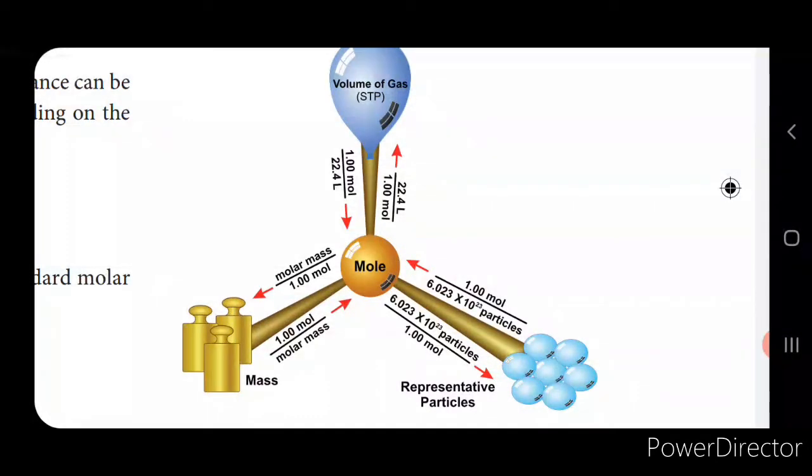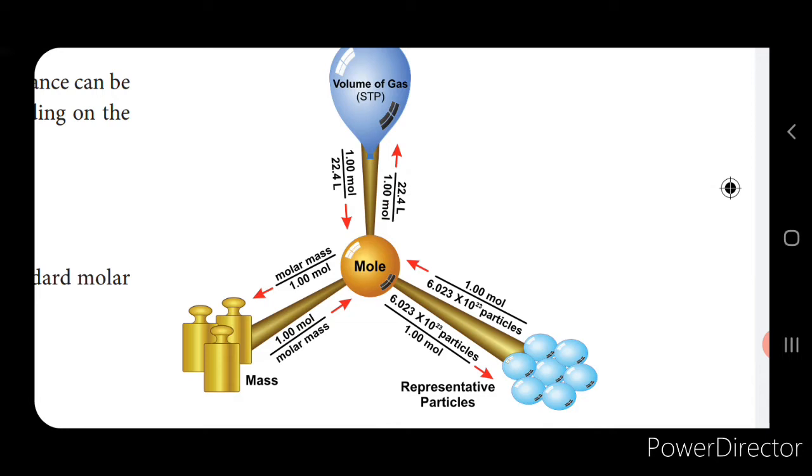Now for example, if I have a molecule HCl, the number of moles that is present in certain grams of HCl. So HCl is a molecule, isn't it? So I will use number of moles is equal to mass divided by molecular mass. I will find out the molecular mass of HCl and substitute.